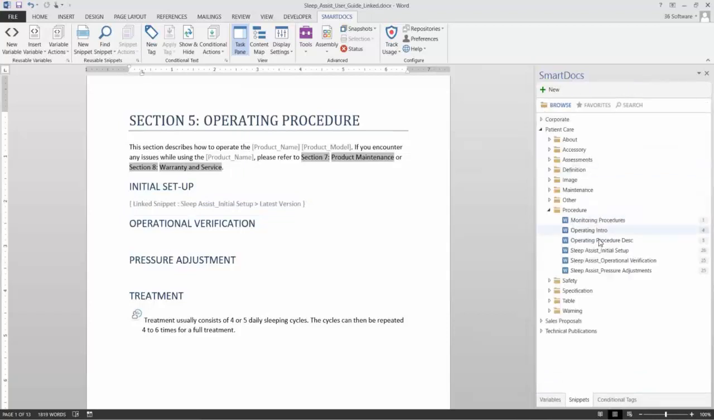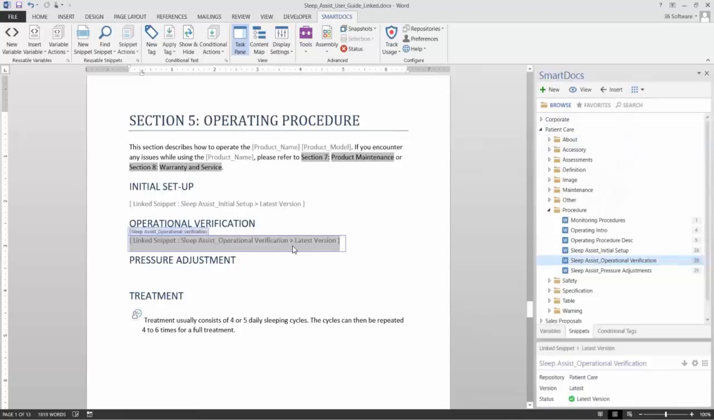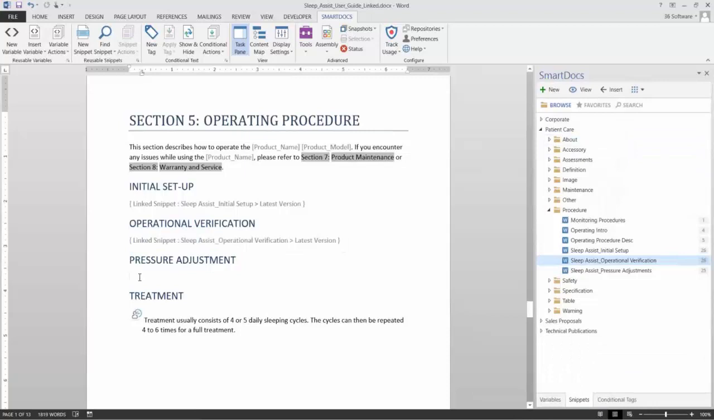So I can do this from both the search window. I can do it from the browse as well. Here's the operational verification snippet. So let's insert that one as a link also. I think I have my cursor in there. Yep. Okay. Now, another thing that you can do, and you can do this when you're inserting the content as well,